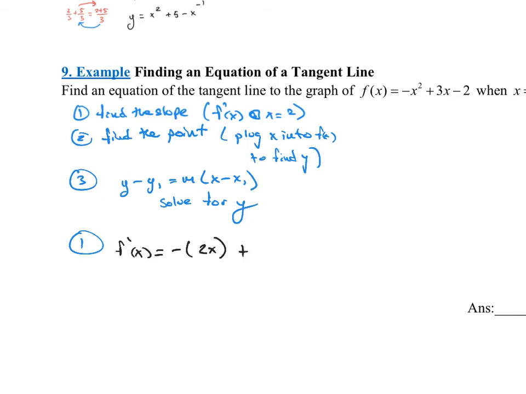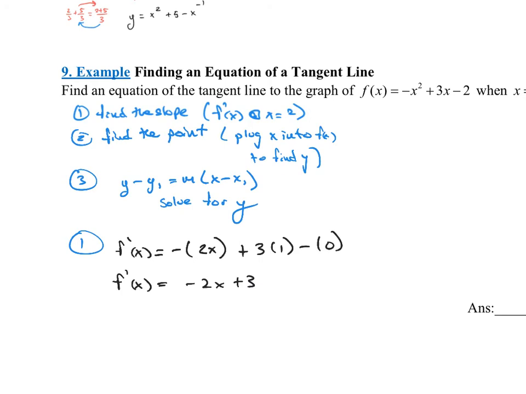What's the derivative of 3x? Well, that would be 3 times the derivative of x, which is just 1, minus the derivative of 2. The derivative of any constant is 0. Simplifying, we would have minus 2x plus 3. So the derivative, which is the slope of the tangent line, is negative 2x plus 3 for any given x